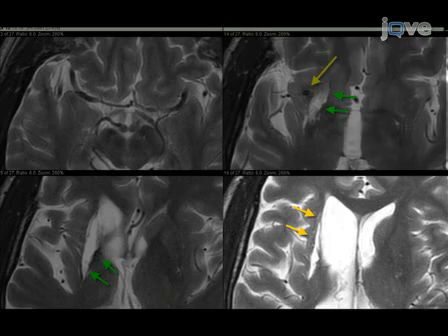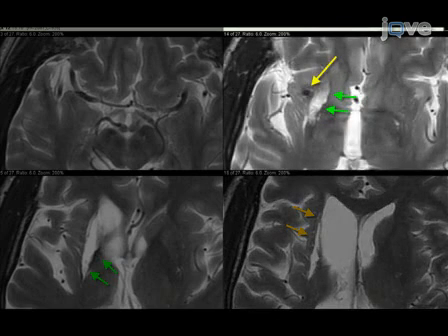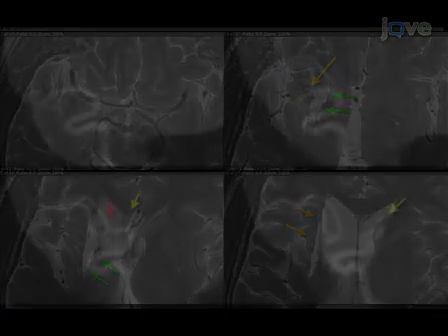Furthermore, the yellow arrow in the upper right panel indicates a small area of flow void that raised concerns for a possible intracranial aneurysm. The MRI study